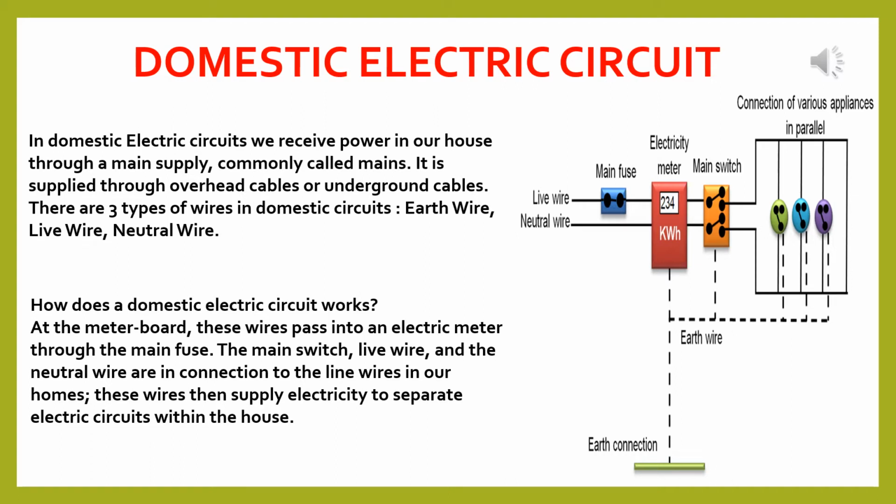Now, I hope you have understood. This fuse is known as pole fuse, having a definite current rating, which depends upon the load allowed by the supply authority. The output power from the electric meter is connected to the main switch. Another fuse known as main fuse is placed in the path of the live wire. The body of the main switch is earthed, that means by earth connection. The output electric power from the main switch is distributed to the domestic electric circuit through the distribution board. I hope you have understood this.